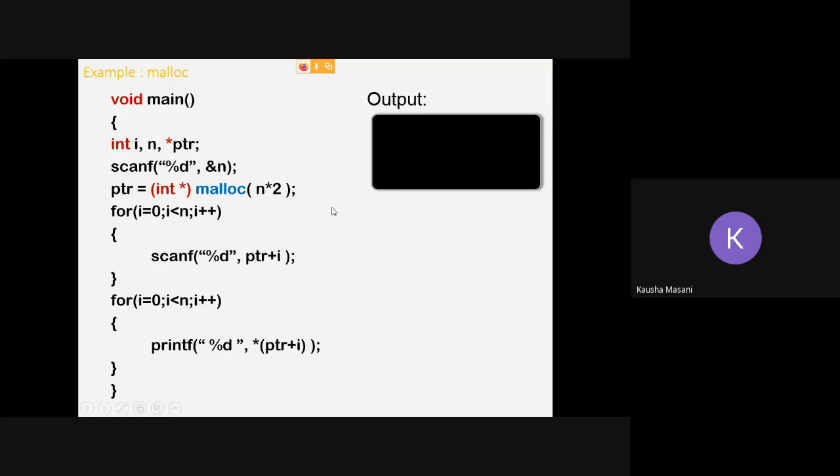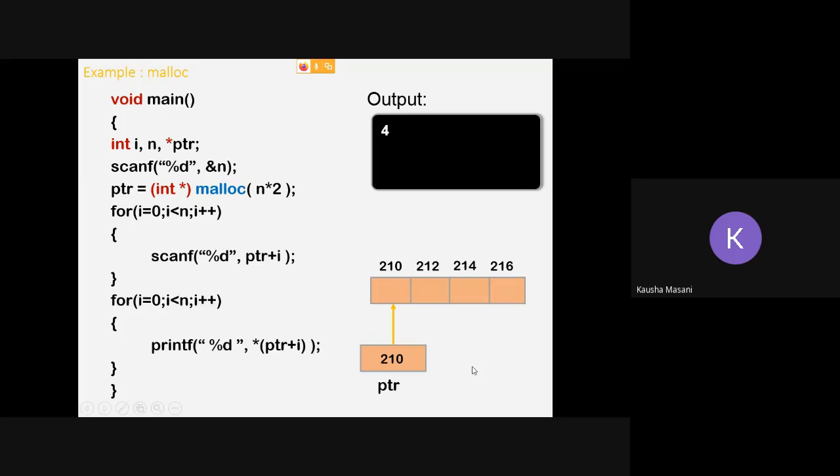When you execute this, let's say the user entered n as 4. So 4 2s are 8, and malloc is going to assign a total of 8 bytes of memory block, 2 bytes each, and that pointer ptr is going to get the starting address as 210.